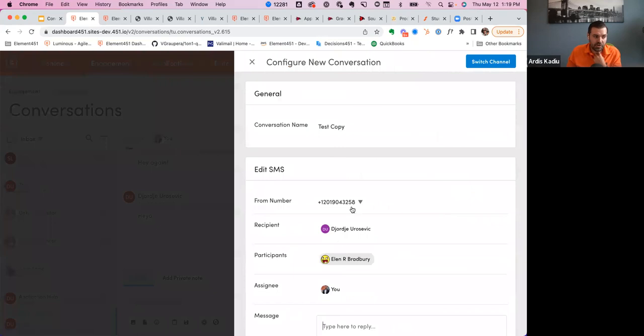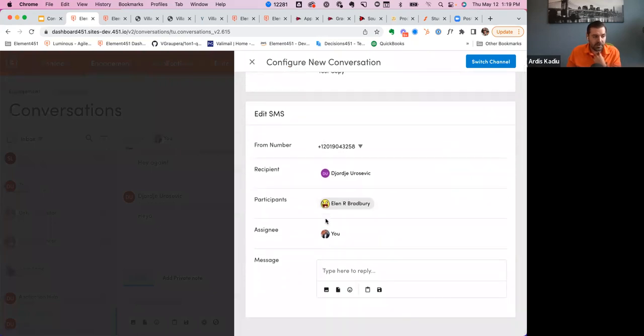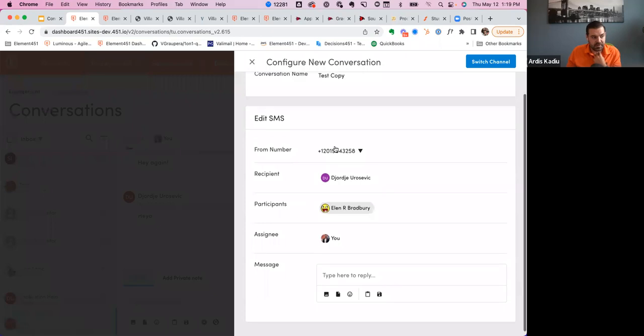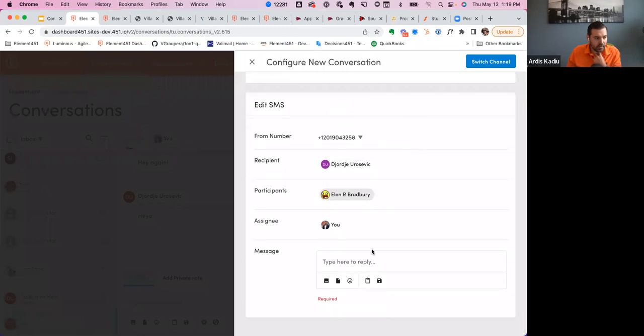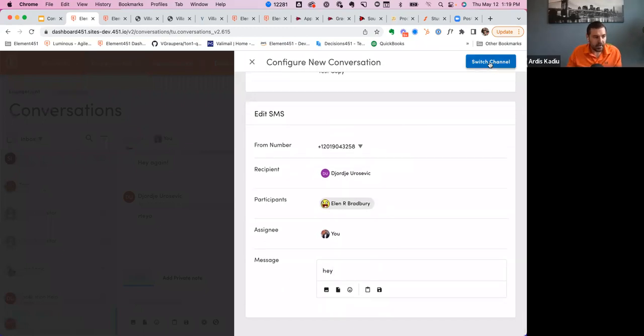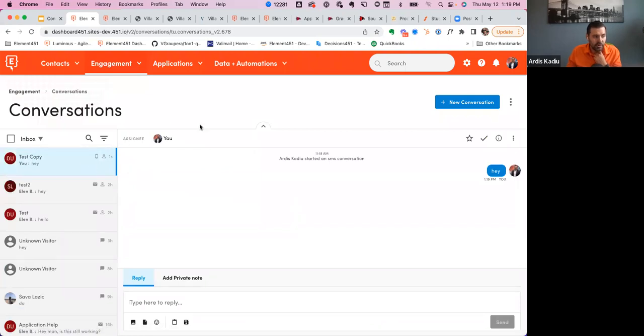Essentially, what switching a channel does, it copies all those configurations, and then you can switch to an SMS channel, and I can switch to that particular channel directly. Oh, I need a message in here. So what it will do is copy the configurations, and then you will essentially start a new conversation, but from a particular channel, right? So you're not necessarily going to have that history, because we can't have an SMS message be mixed up with an email, because the content is a little bit different, right?